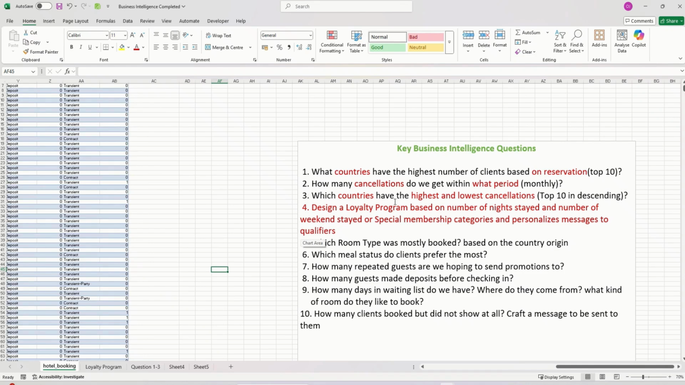It said which countries have the highest and lowest cancellations. That is the top 10 in descending order, right? Okay. So to do that,